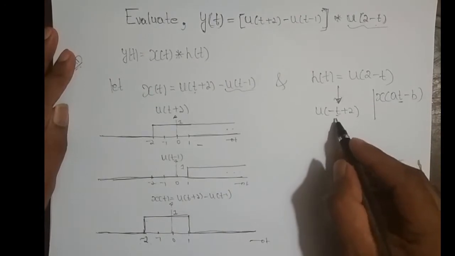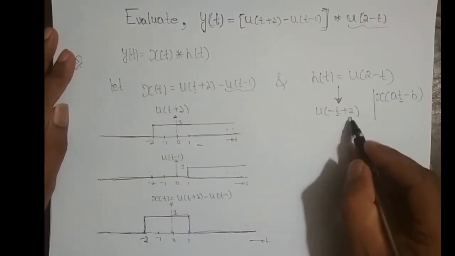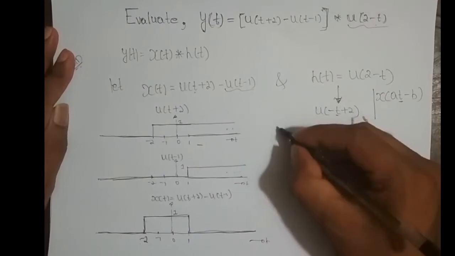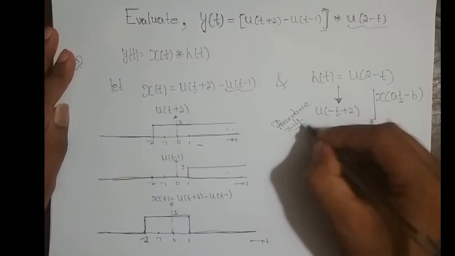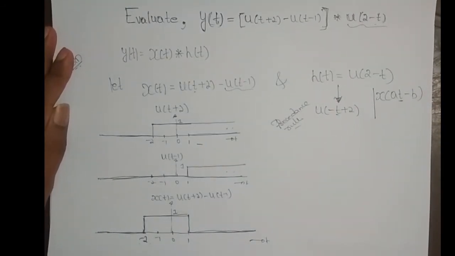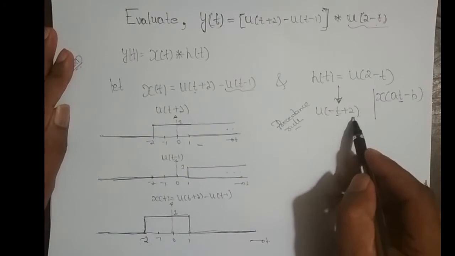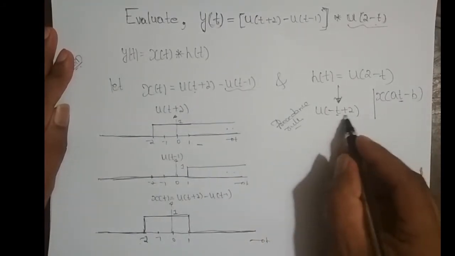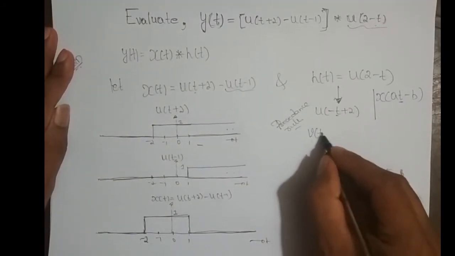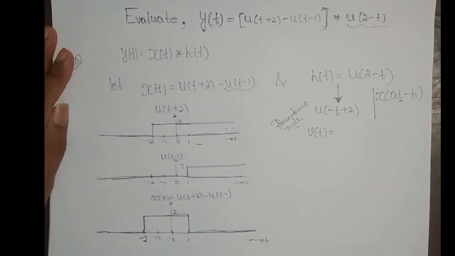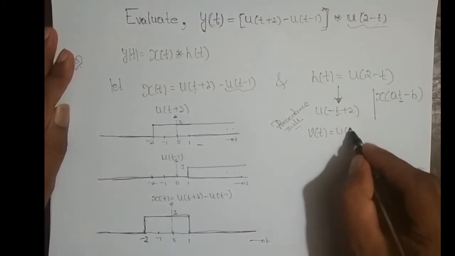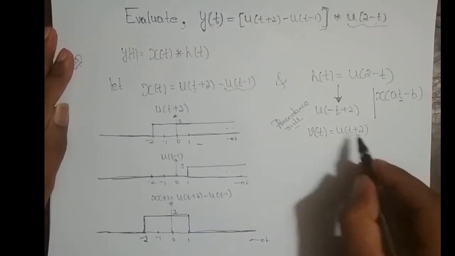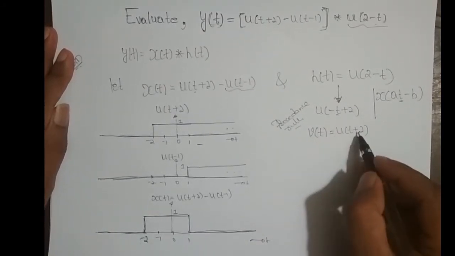Now this has both time scaling operation and time shifting operation. So this involves what? The precedence rule, right? I need to apply the precedence rule to perform this operation. So what does the precedence rule say? Whenever the signal involves both time scaling and time shifting operation, I have to perform the time scaling operation on an intermediate signal v of t, right? So this v of t has only the time shifting operation, which is nothing but u of t plus 2. So while shifting, ignore the scaling part. While scaling, ignore the shifting part.